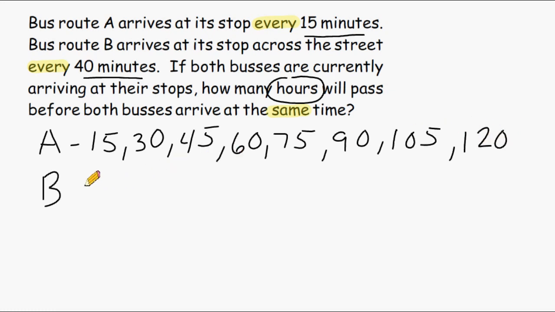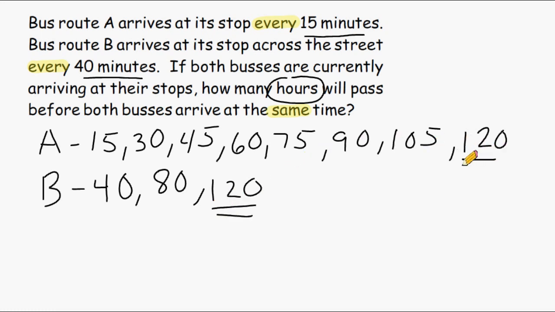Now let's take a look at bus route B. Now bus route B does not run as often as bus route A. Bus route B arrives every 40 minutes. So another bus would come along 40 minutes later, and then 80 minutes later, and then 120 minutes later. And at this point, I'm going to stop because we have a common multiple in both lists, and that is